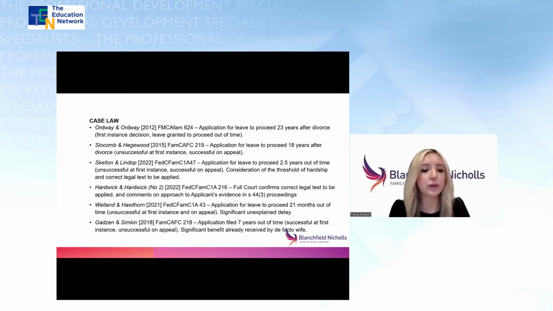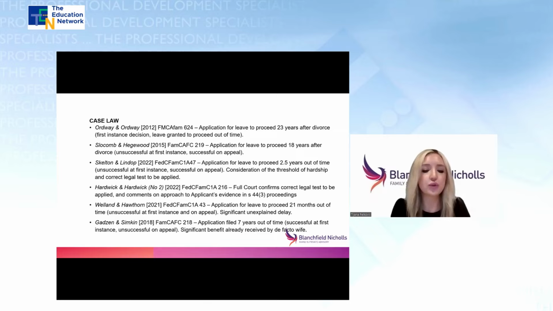The full court held that whilst it is essential for the proper operation of a system of justice for time limitations to be imposed, in appropriate cases, the interest of justice might overcome long delay and on occasions an inadequate explanation for the delay, which is only one of the factors to be considered in determining an application for leave pursuant to Section 44, subsection 3 of the Act.